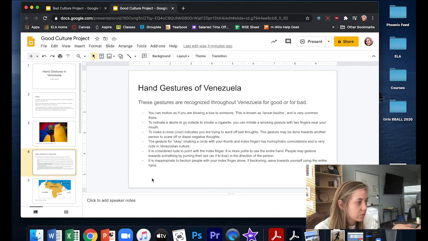So instead of having a where slide, a student who's thinking through all the logic of it would say, oh, the where slide doesn't fit my project. I'm going to just give information about my project. So on the example of the good culture project, I had to get rid of the where because it's just not applicable. And instead I described common hand gestures used in Venezuela. And I gave information on what they're for and how you make the hand gesture.